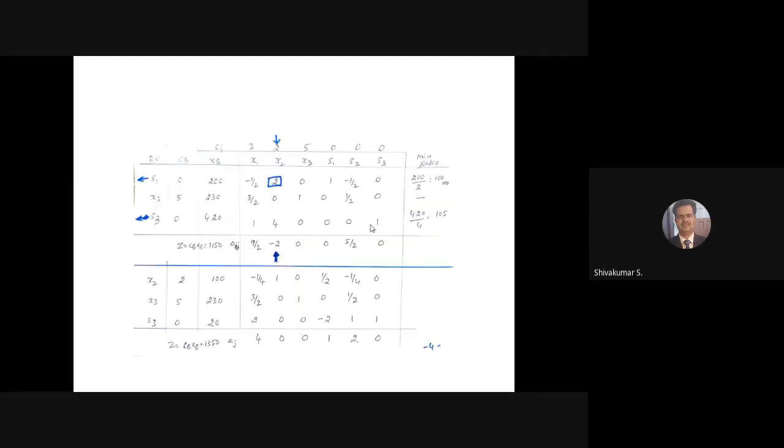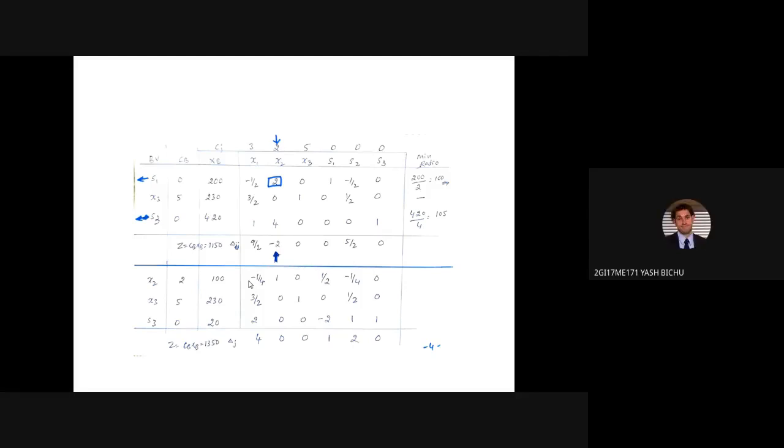I'm going to show it now. Please write down the next table now. I'll explain afterwards. Write down the basic variable and CB. Once again, write the table, or you can write below also, no problem. If you have started on a fresh page, you can write the same table like this. So the basic variable.